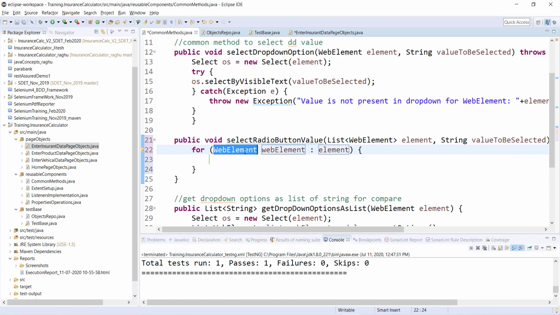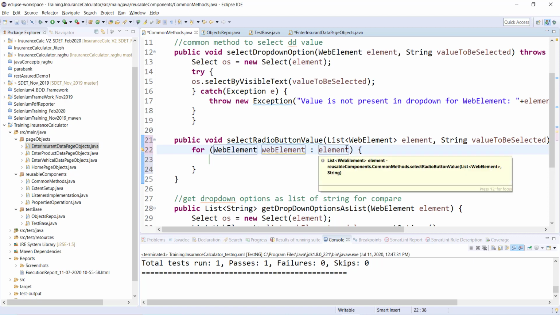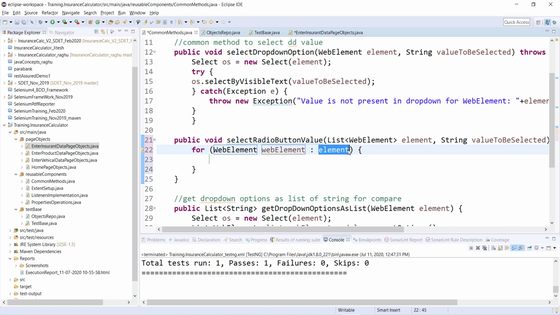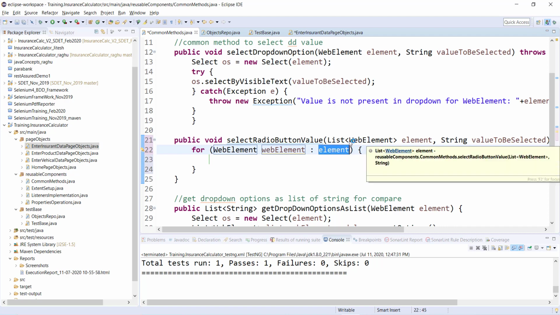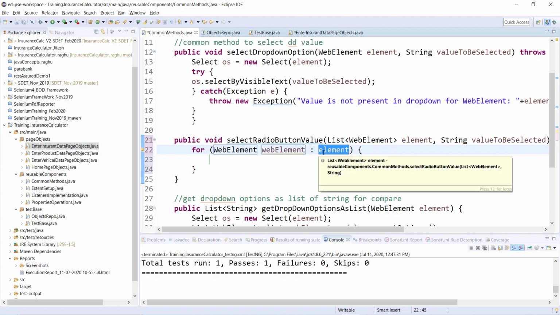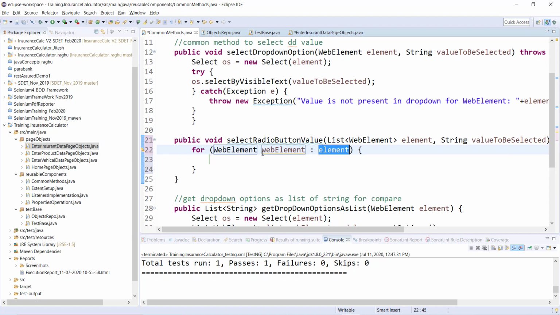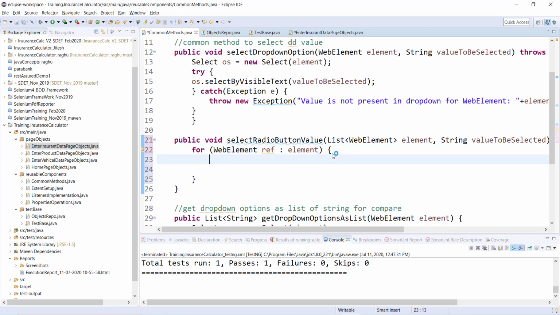Whatever I got over here is on the right hand side; these things get populated automatically, and even if you have more than one collection, it will take the latest one. So I'm iterating over the web element list, and out of this list I'm trying to get only one element at a time. Let me take it as, let's say, reference, and reference is of type web element.